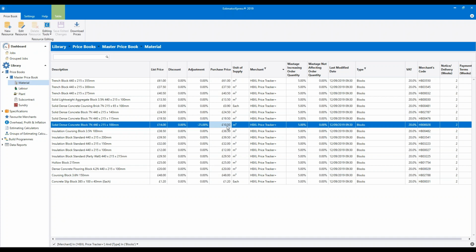So this means once you've edited your prices once, saved your price difference as an adjustment, your purchase costs are automatically going to track in line with the market, but keeping that percentage difference, your percentage discounted rate versus the market price. So you should only have to go through this process once.